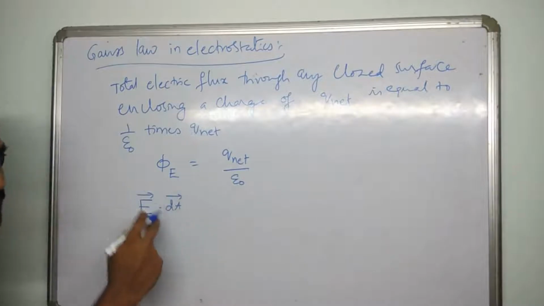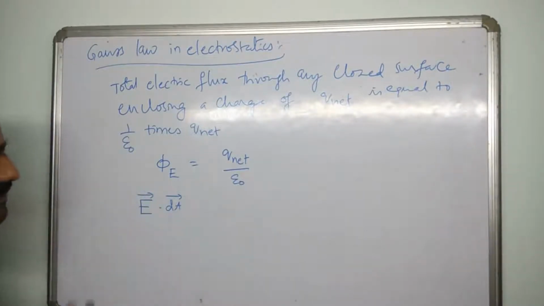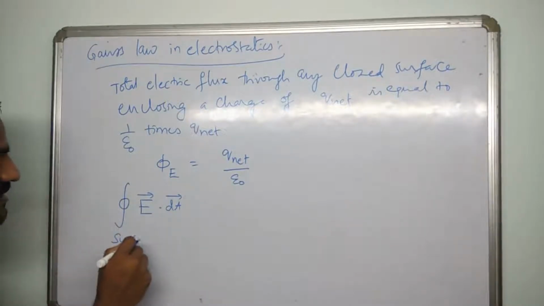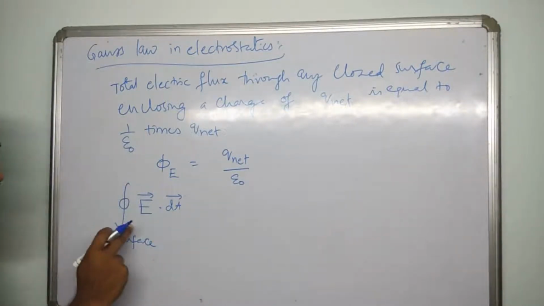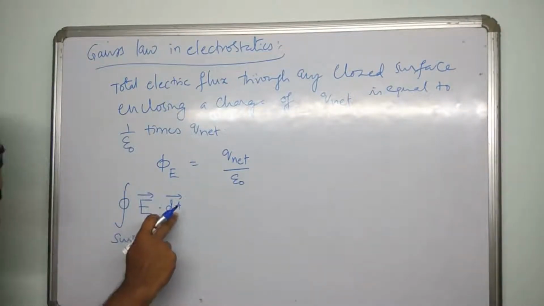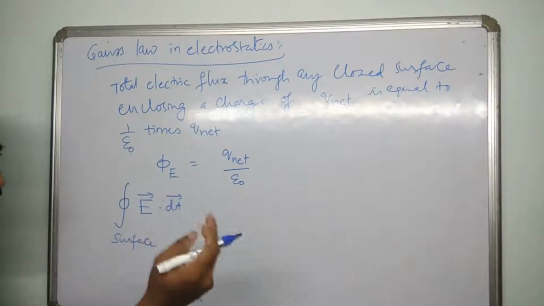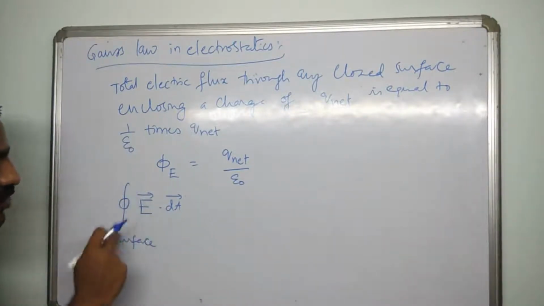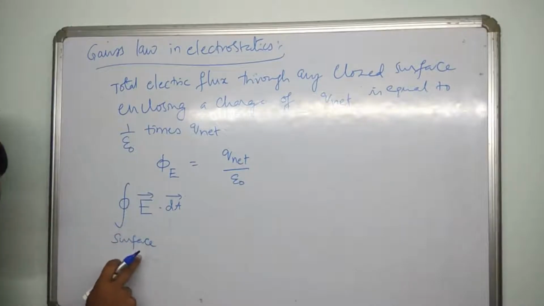dA or ds are actually surface elements. Both are equal. As it is a closed surface, this is a surface integral. And remember, this integral is a double integral. Though we write one, actually it is a double, two-dimensional. Area is two-dimensional because length into breadth is the area. So it is something like dx into dy. So though we are writing one line, it is actually a surface integral.